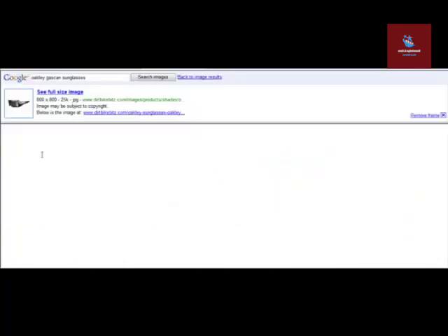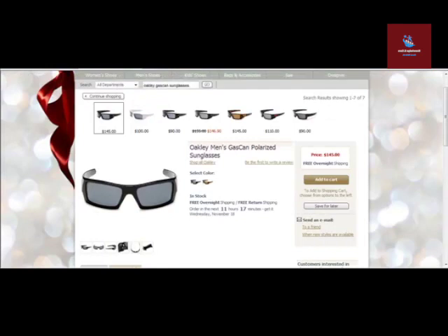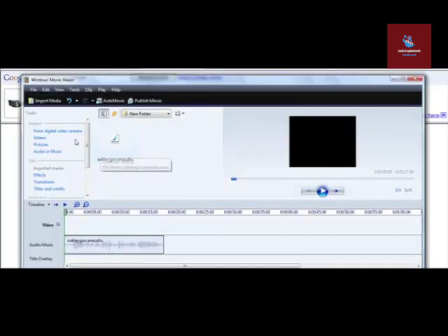So here's a picture of that product. I could come right over here and just download that product by hitting right click, save as, for example. So there's a picture of it. Now what I would recommend you do is you come right back over to your Windows Movie Maker software and